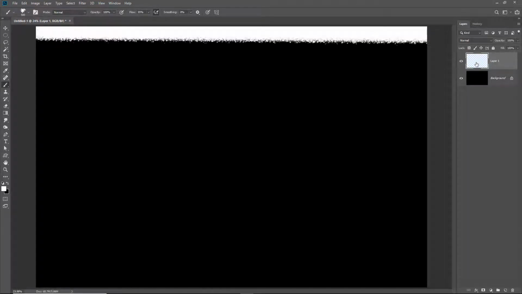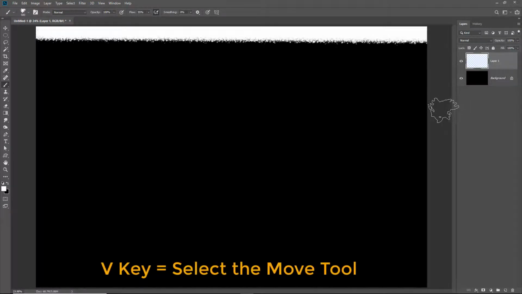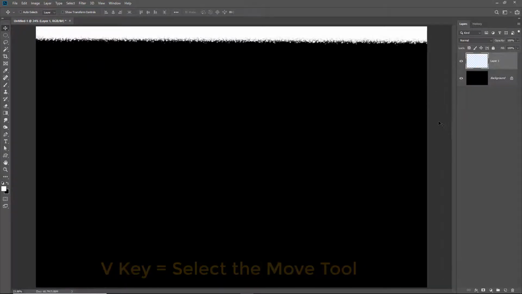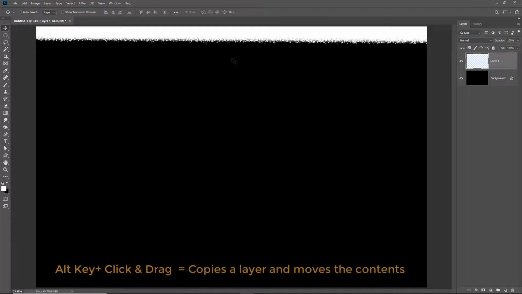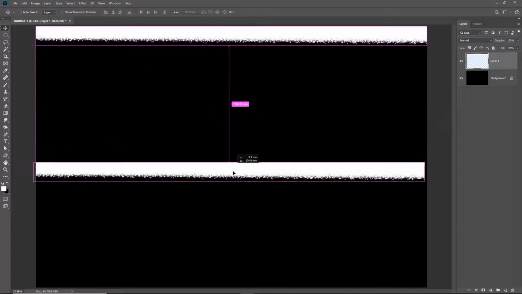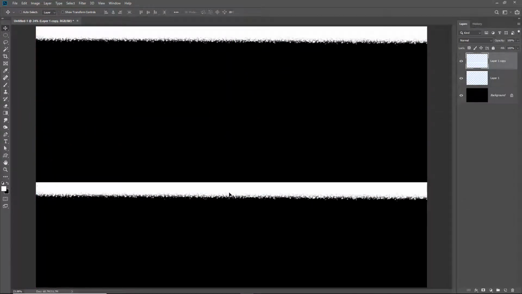Now if you've seen one or two of my other videos, you may have seen this little trick before. I need to select the Move tool from the toolbox. There is a shortcut key for this, and it saves us going way over there to select it. I'm going to touch the V key, because once I've got the Move tool selected, if I hold my Alt key and I click into that shape, you can see I get the cursor change to 2 arrows, and I can click and drag, and what I've just done is made a duplicate